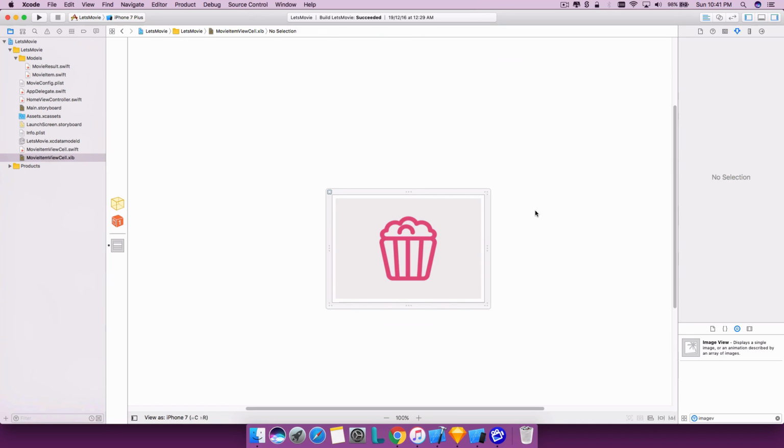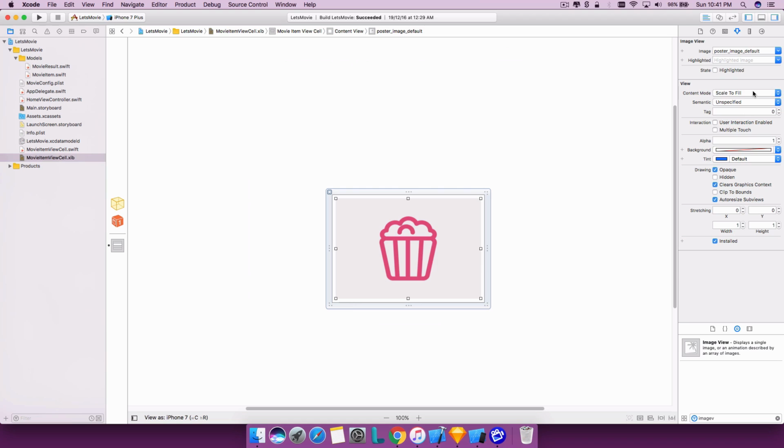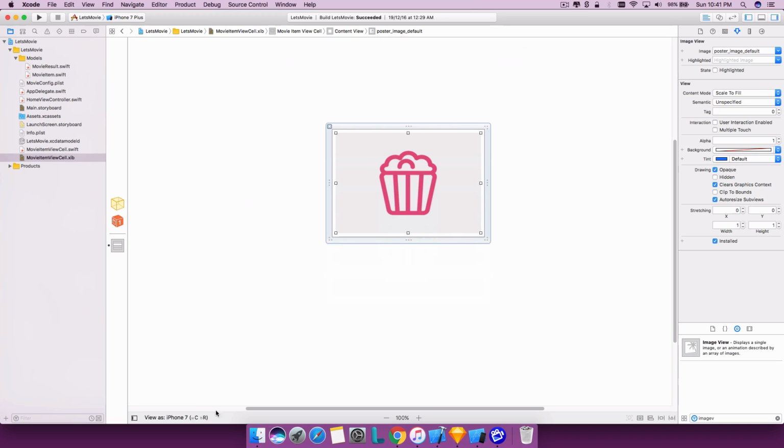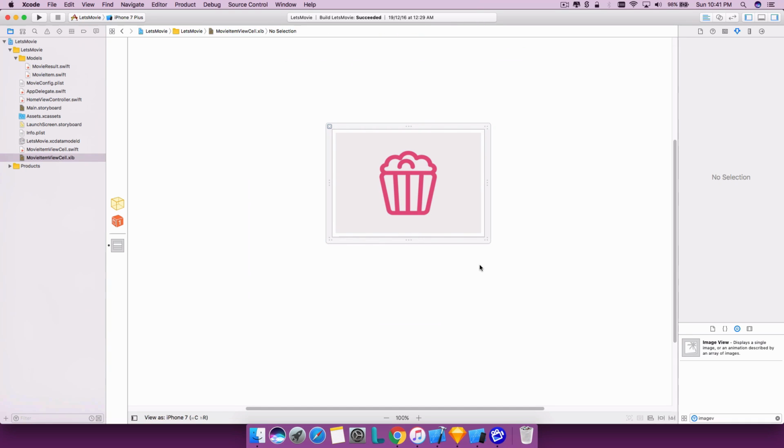So that I have rendered here. I'll make it as scale to fill for the time being. Let's see how it goes. So this is my background for the image. If there is no image, then by default it will show this. Next step, I'm not setting any constraints. Let's keep it for the next tutorial. Let's just concentrate on this device resolution of iPhone 7 for the time being, but I'll show you how to make it fit for each and every other resolution later. So I have this now,